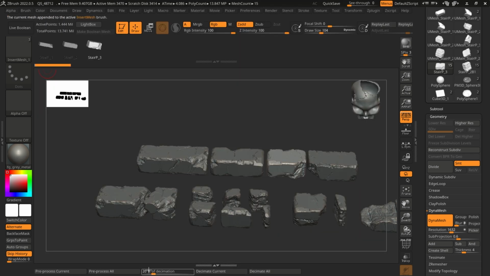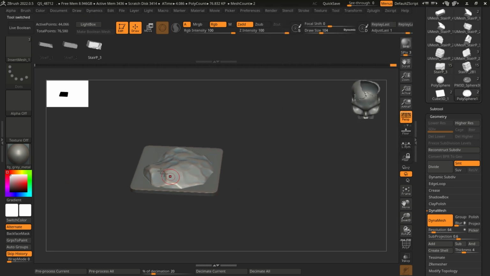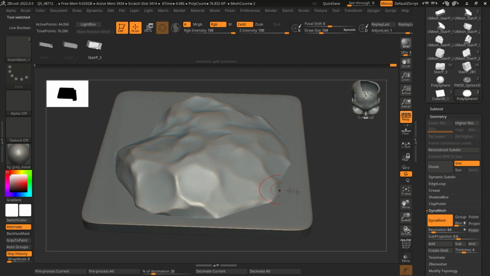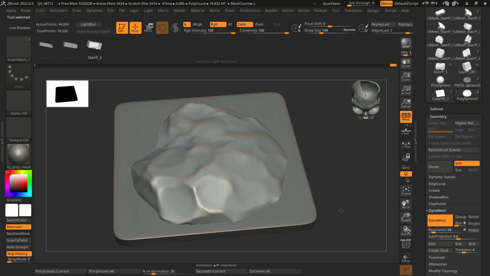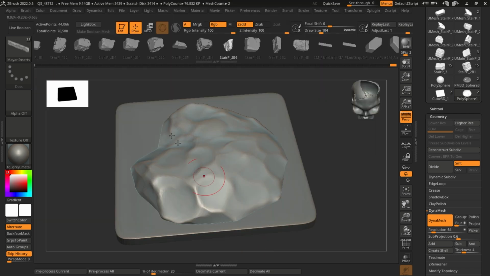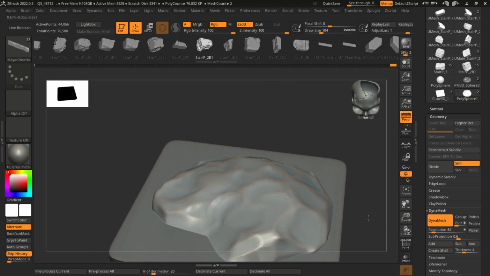So you already have your brushes ready to scatter on top of the mound that we created. So I'll just switch back to the mound that we were sculpting. And since I already had the brush set up, I'll just switch over to that so that it's a bit easier. So these are all the sculpts that I had, and I can just click on whichever rock piece that I want and